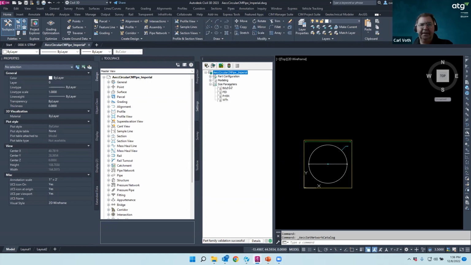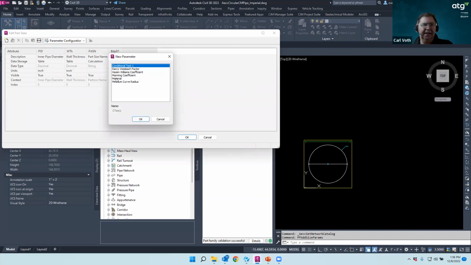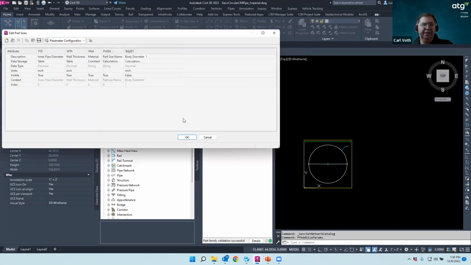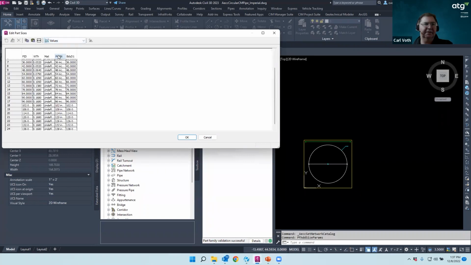Here on our corrugated metal pipe, we need to add some parameters, and I would like to add a material parameter. And there we go, material. The parameters configuration is going to tell you what each one of these attribute names do and how it's calculated. This material is listed as a constant, and I actually want that as a list or a table. And so now when I go back and change that over to values,